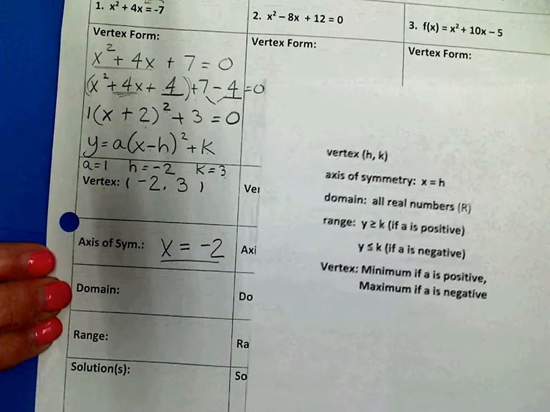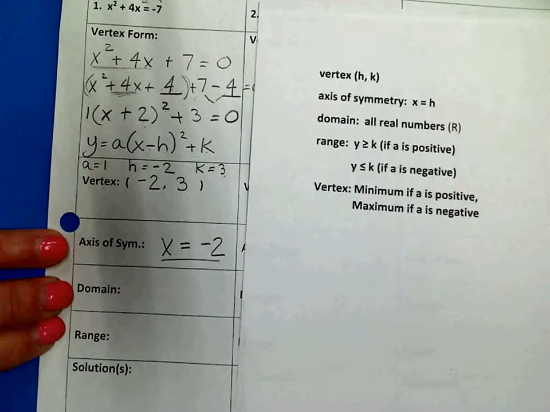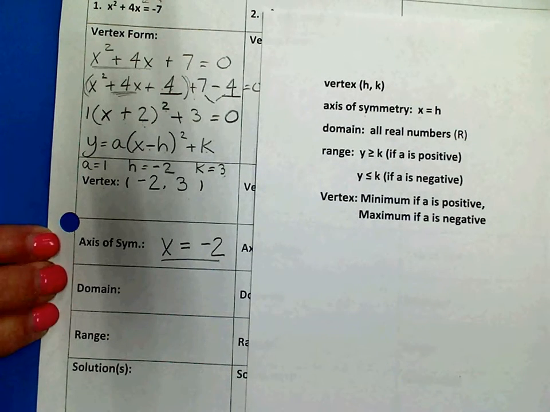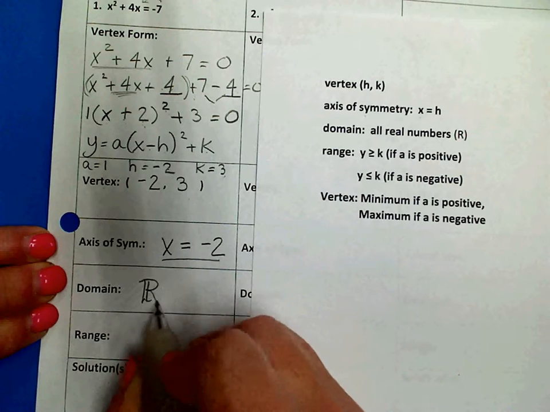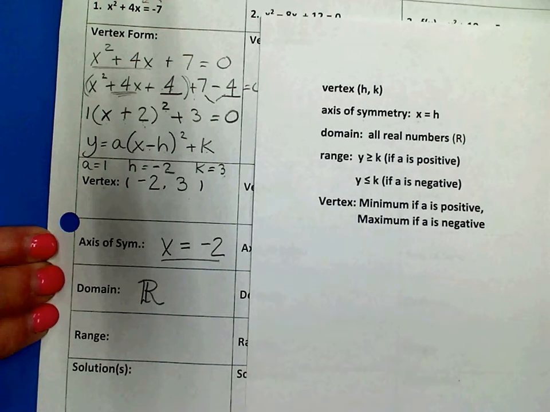In Algebra 1, we only deal with parabolas that open up or down, not sideways. So for our purposes, our domain is always all real numbers. I don't want you to think that all parabolas have that for a domain, though. If they opened to the side, it would not be the case. Now the range and the vertex,